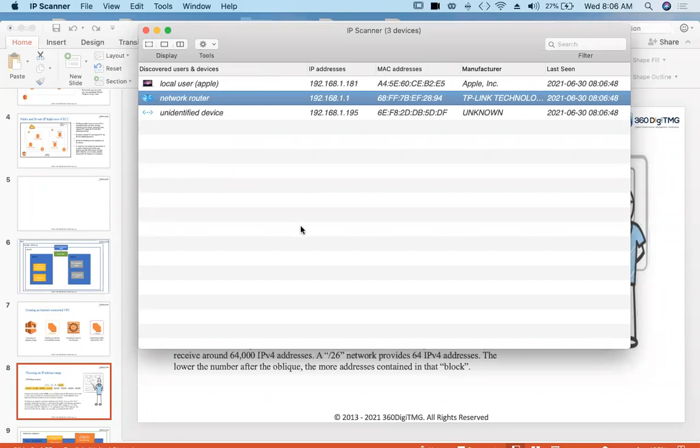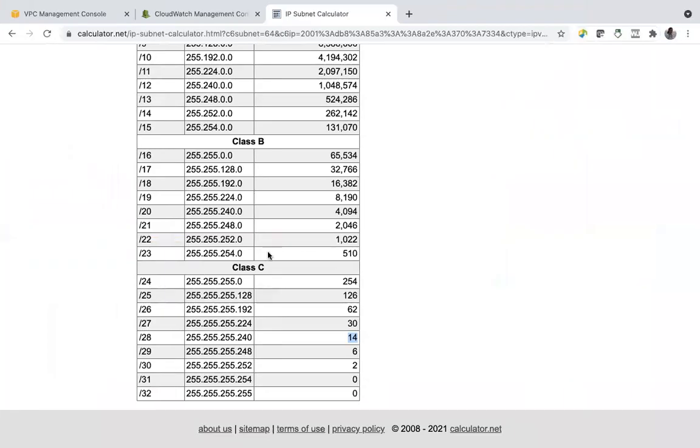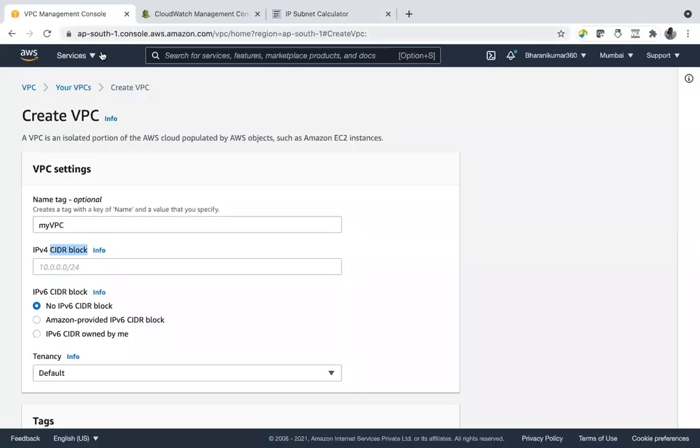Others clear? Yeah. Now we know there will be one network, and that network should have a CIDR range, and within that CIDR range, the network will assign IP addresses to the devices, and that happens in our AWS also.